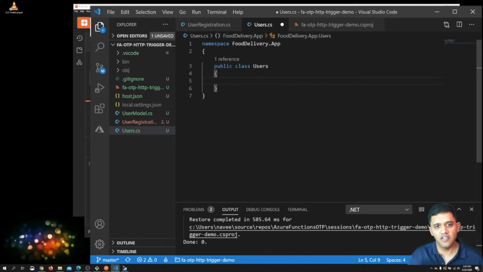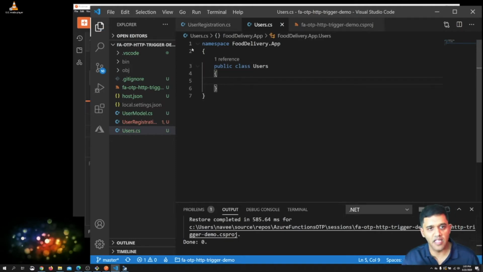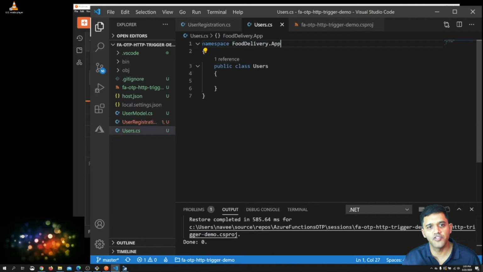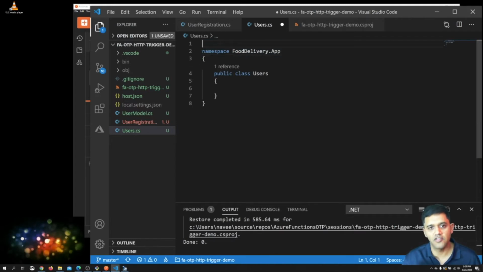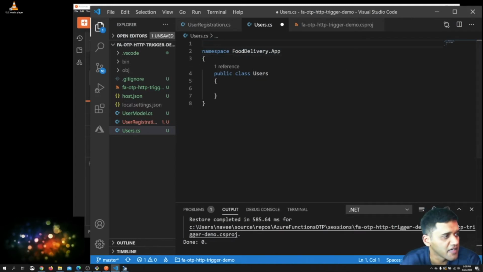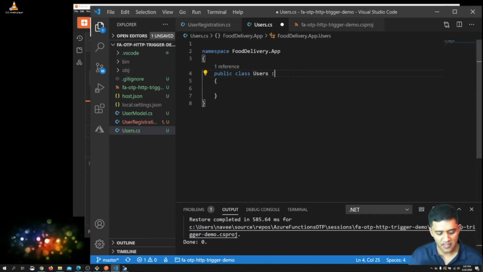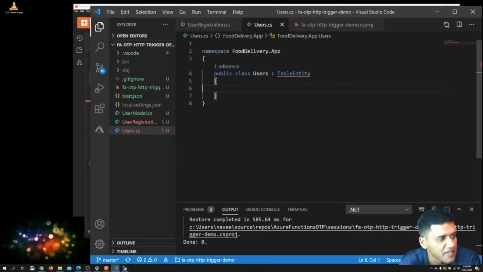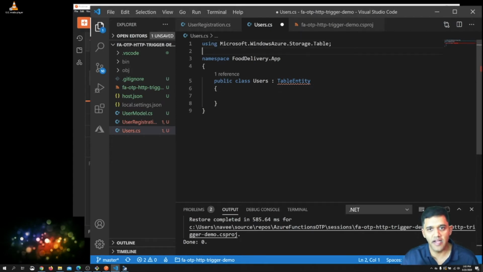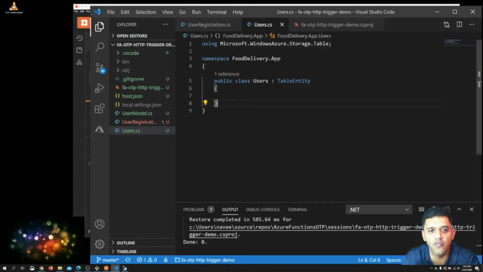Now this is actually a storage table in Azure, which I'm creating right now. It's an Azure storage table, so it has to inherit from a class called TableEntity, because that's what Azure Storage provides. Once you inherit from TableEntity, you will see that it comes with certain attributes which we need to satisfy. I'm going to walk you through that.